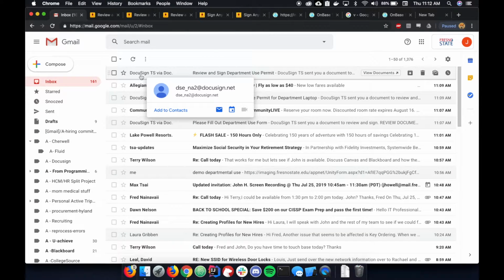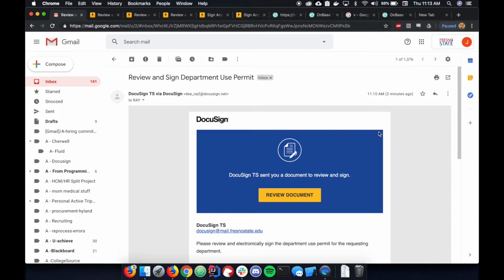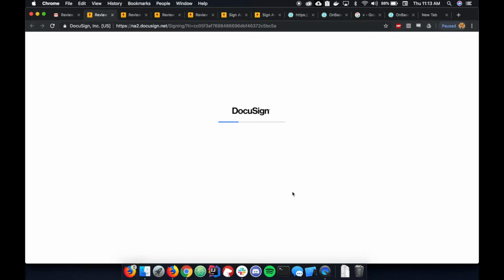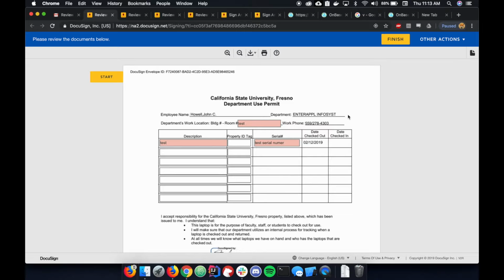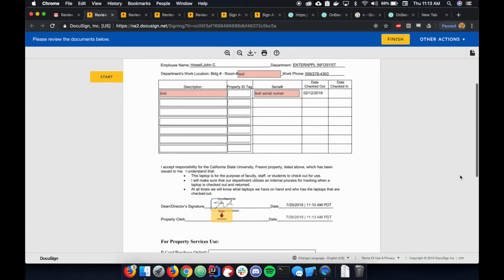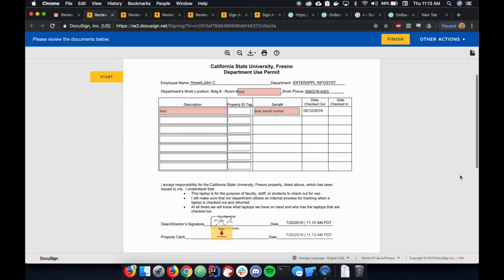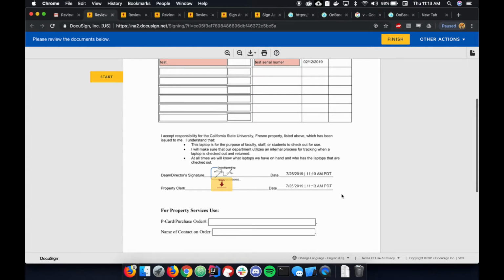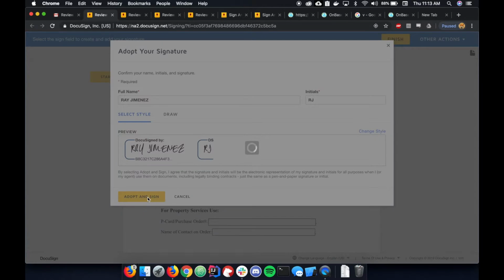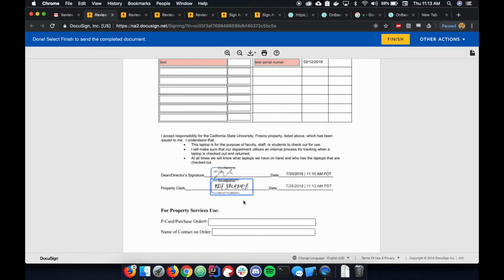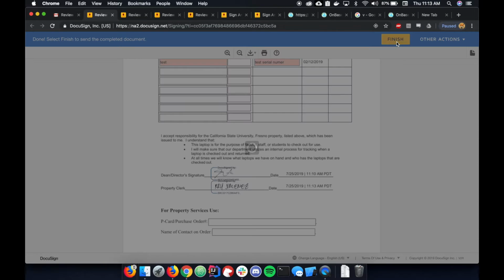After the submittal of the signature from the manager, the next step is to actually do a signature from the property clerk to make sure everything is in order. So I am receiving this document as the property clerk, so I go into that document as a property clerk signer, and I continue through these prompts that are known in DocuSign. At which point I review the document. Departmental use, it has those extra fields in there once again. And then now as the property clerk, I'm signing it. So I click there, and I adopt and sign, and I'm signing as Ray. So at which point I finish,